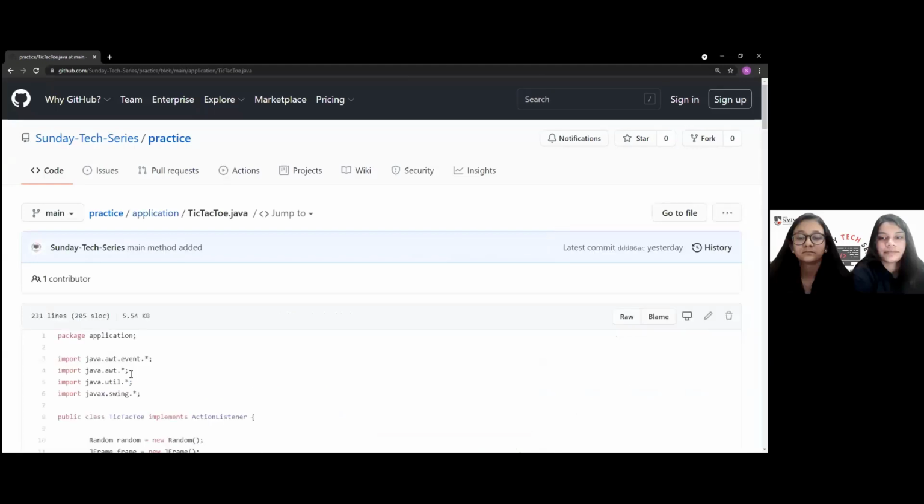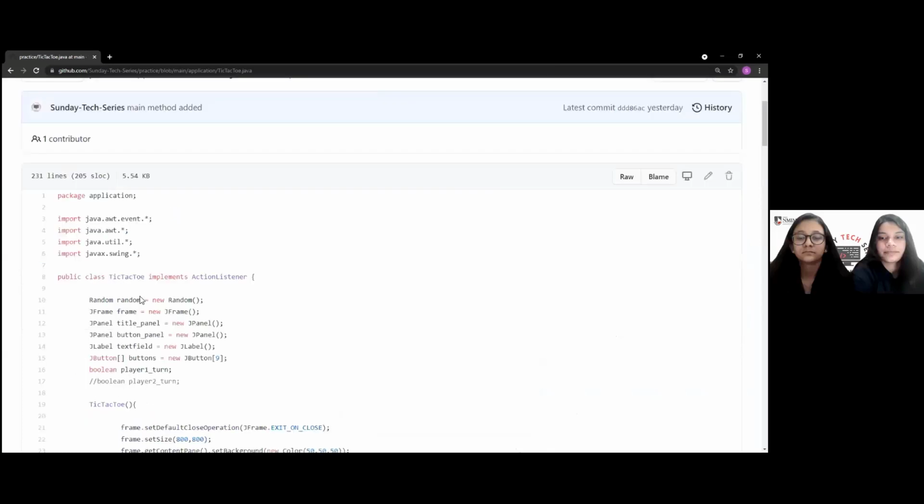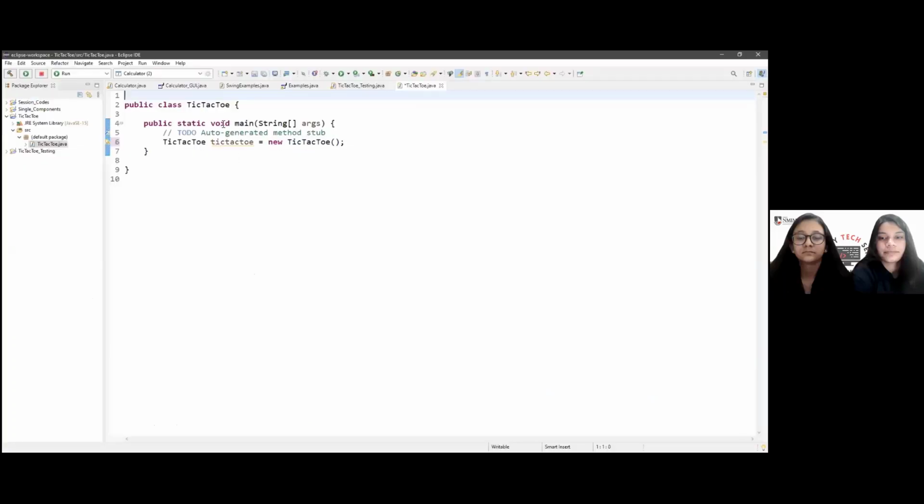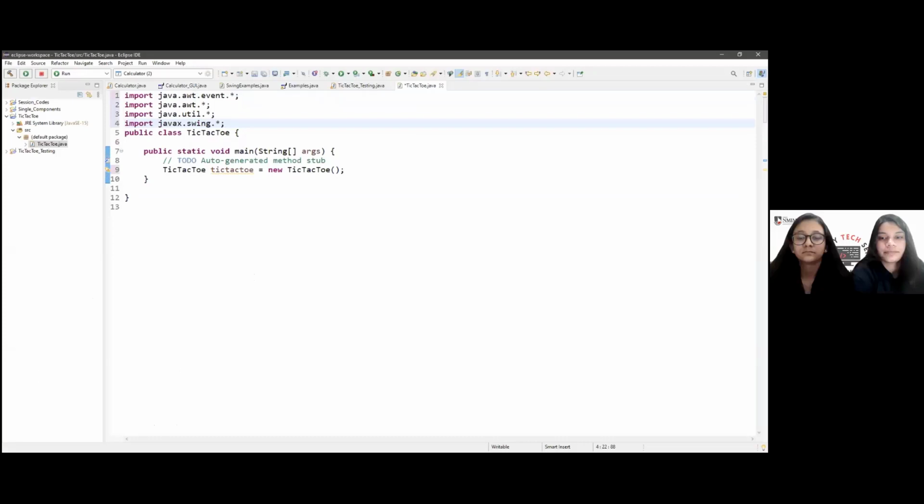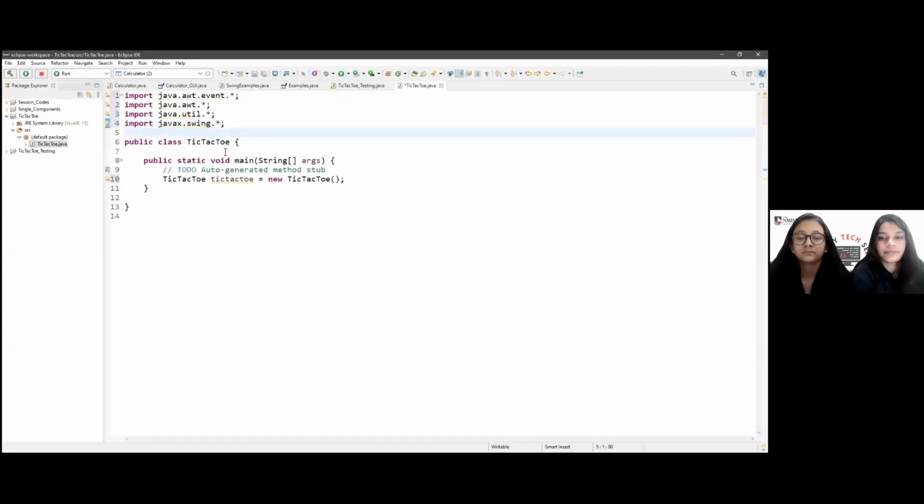Here we have the code for all the import classes. Select and then copy. We'll paste it here.